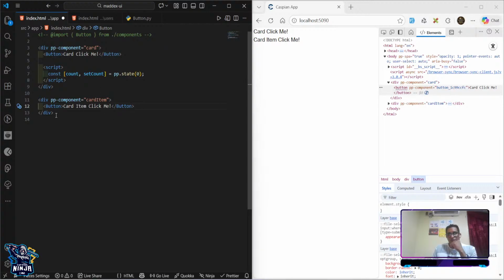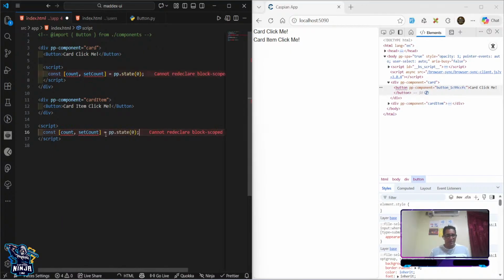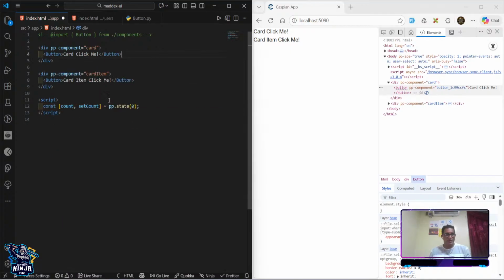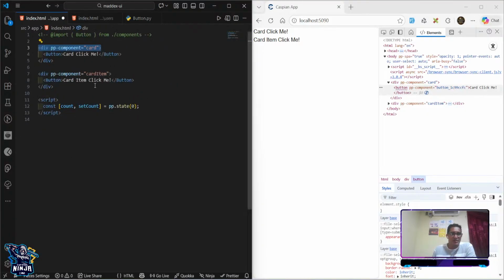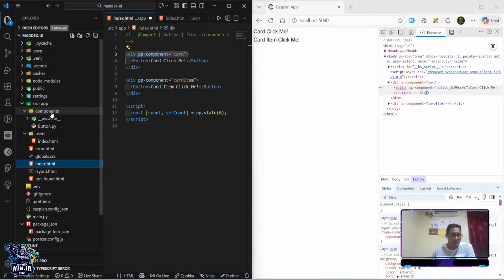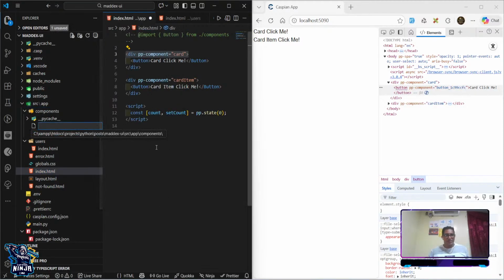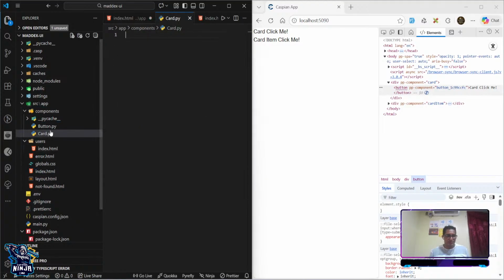So now what you have to do is that when you want to share information, you're going to start building in the parent and then you're going to share it to the children. In this case, this is going to become a children component and this is a children component. What is going to happen is that this is going to return a component. So this is the main idea of scoping. So what's happening inside here is that we're going to create the card file, which is going to return